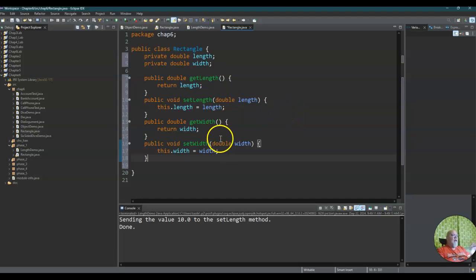So again, we have control. With this class, we have the control of how people access these two instance variables. Now, the last thing that they wanted is one called getArea. So we're going to do public double, because we're going to return a double, and it's going to be getArea. We're not going to pass anything into it,